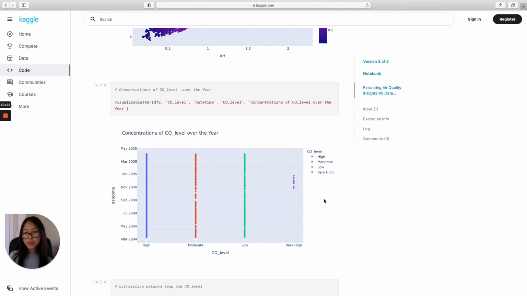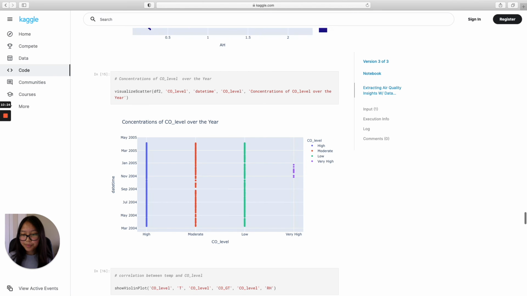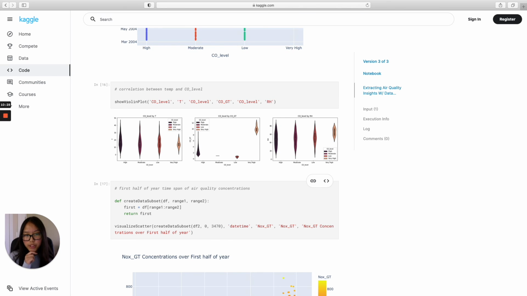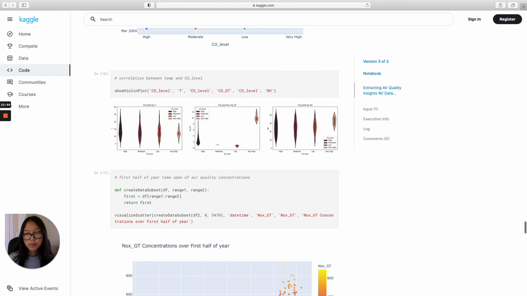walk, or take public transportation. So going through, we can also take a look at the violin plots we made, which are really great for showing distribution. On this violin plot specifically, which was pretty interesting, as the relative humidity goes up, the very high violin plot also happens to go back up again. We also have to take into account that relative humidity has a negative correlation with temperature, which would explain why.